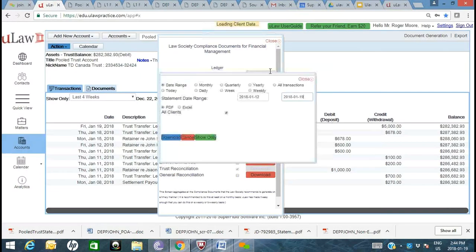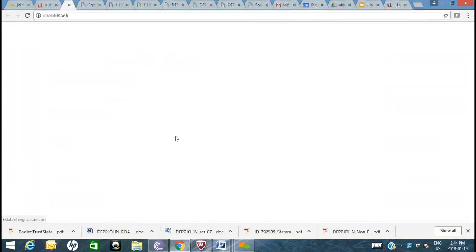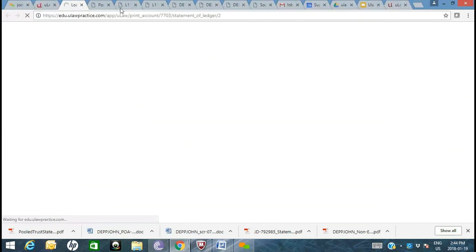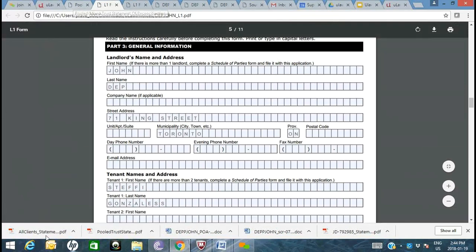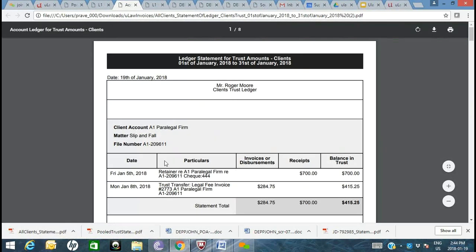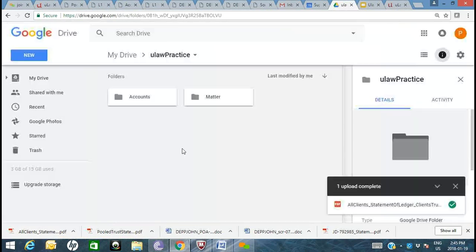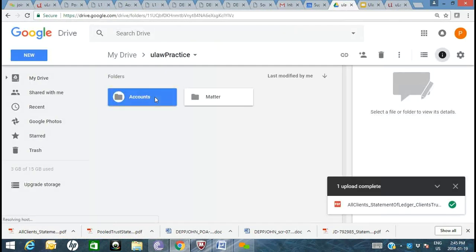So if you now look at a trust ledger for information, and if you look at the monthly trust ledger, it's a matter of just clicking a button and making that available, right? Here's your trust ledger. Now, even better is if, based on the context of these documents, you generate them and really make them available